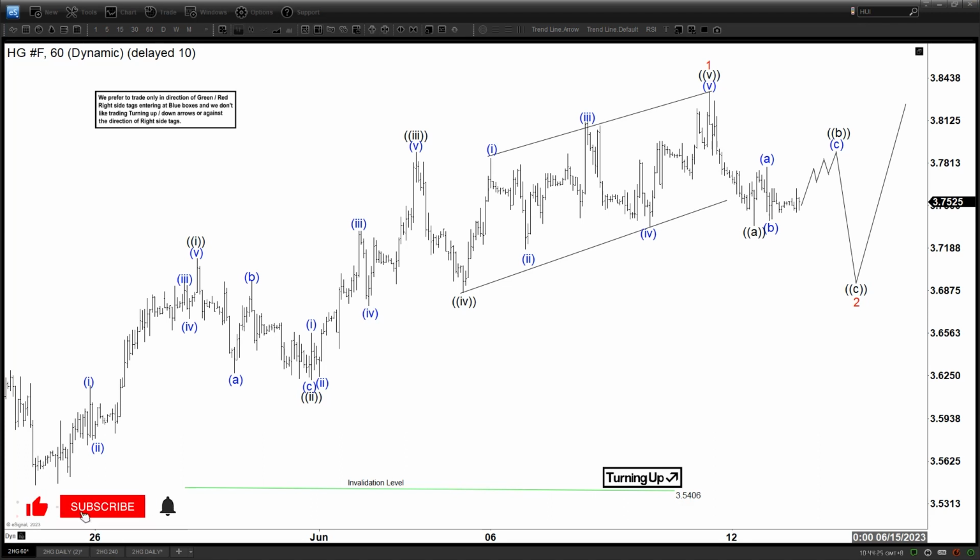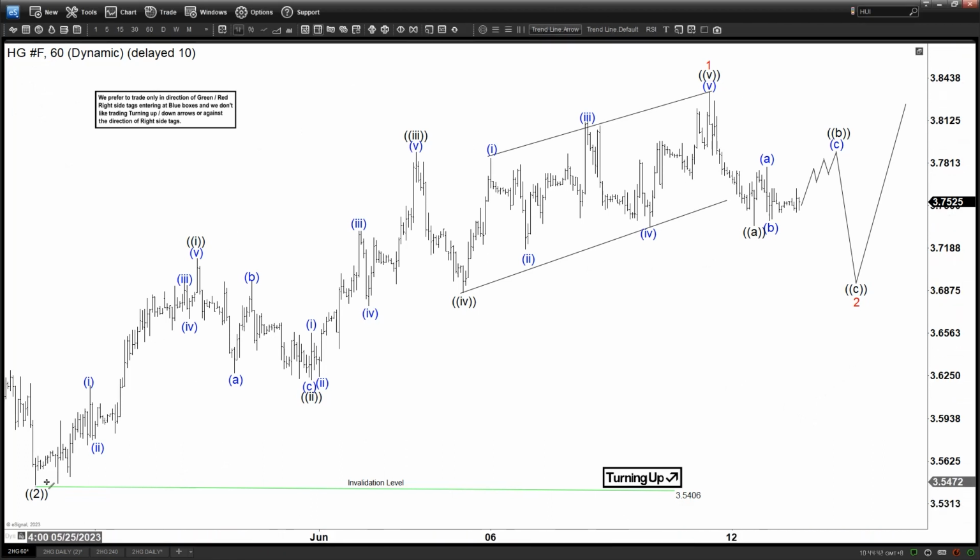Today is Tuesday, June 13. The time is 2:45 a.m. GMT, and today we are looking at the chart of copper. This is a 60 minutes time frame. We can see right here that the metal rallies in 5 waves from the lows. We got this 1, 2, 3, 4. This is a diagonal, by the way. There is an overlap, that's fine. 1, 2, 3, 4, 5. Ended with 1 in the minor degree at the top.